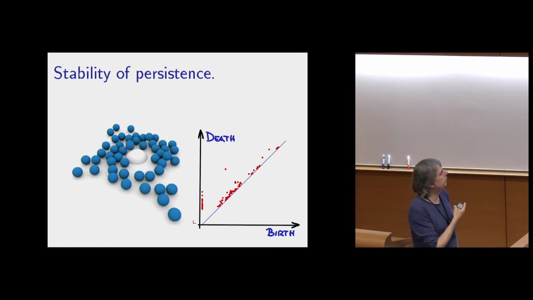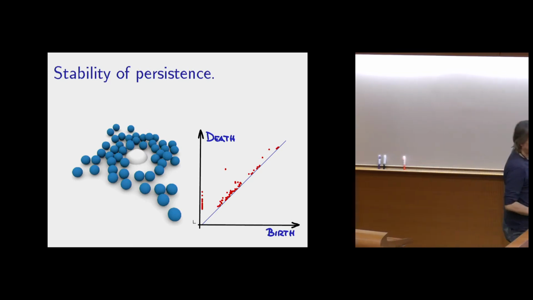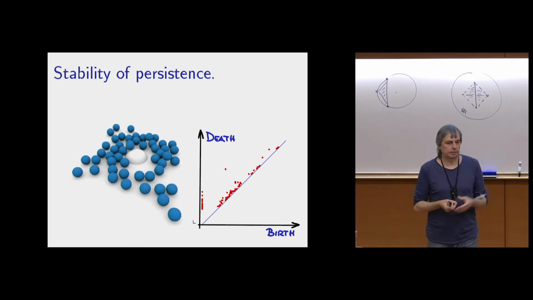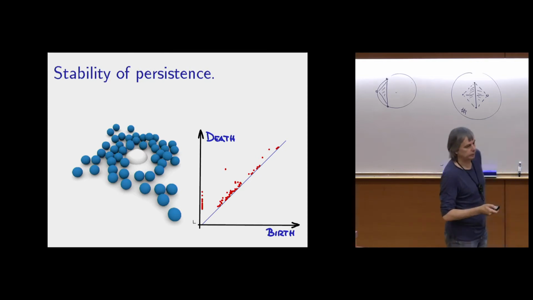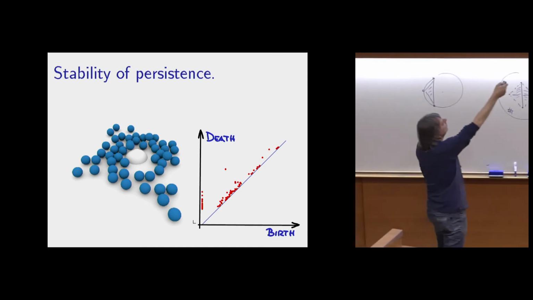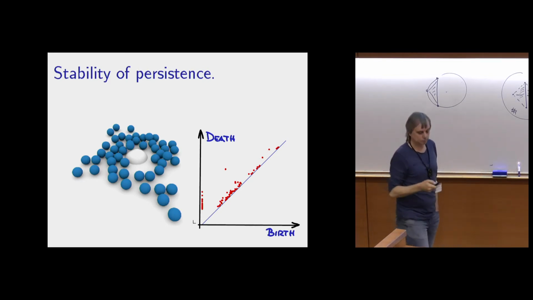And instead of proving anything, I want to show you in a little movie. A movie is just a sequence of pictures. What I mean by stable is, if you have two functions which are not very different, then the persistence pairing is not very different. What do I mean by this? The persistence pairing is what is expressed by a persistence diagram. Each point here is a birth-death pair. So this point means that it's born at this value of radius and it dies at this value of radius. The points are above the diagonal because death is after birth, naturally.